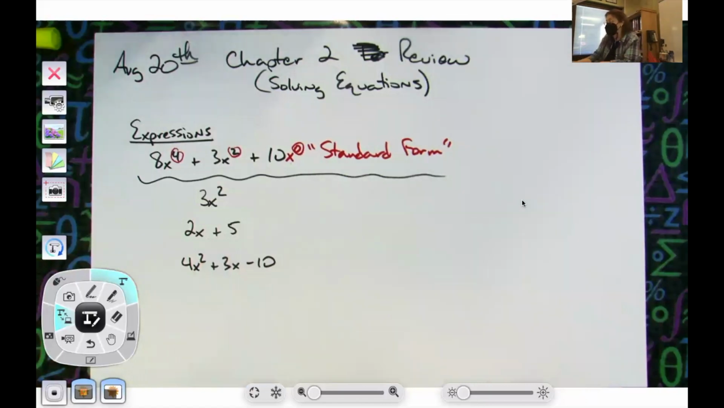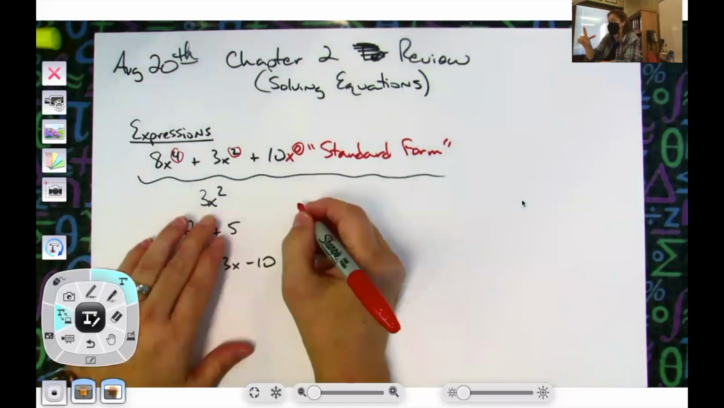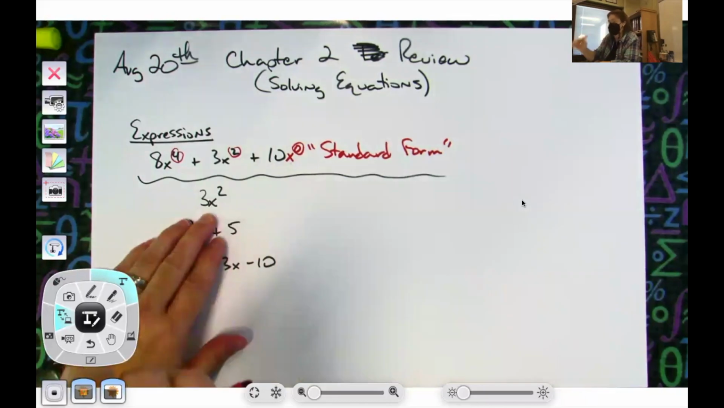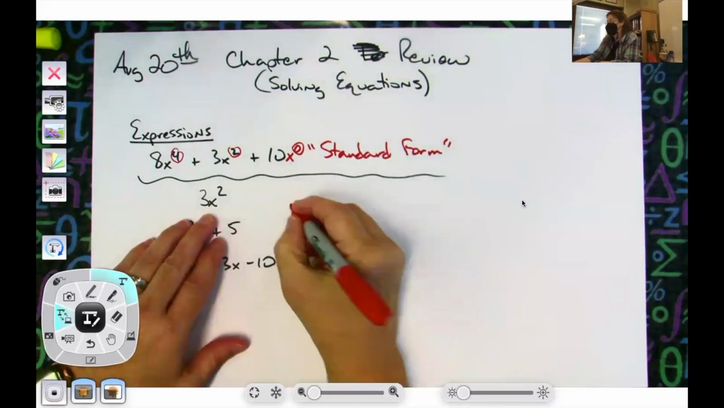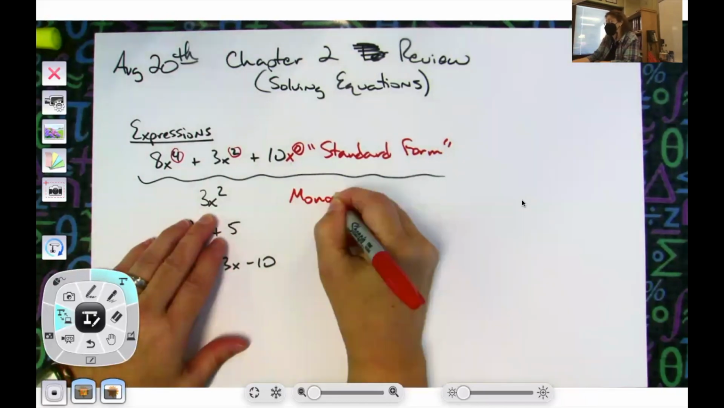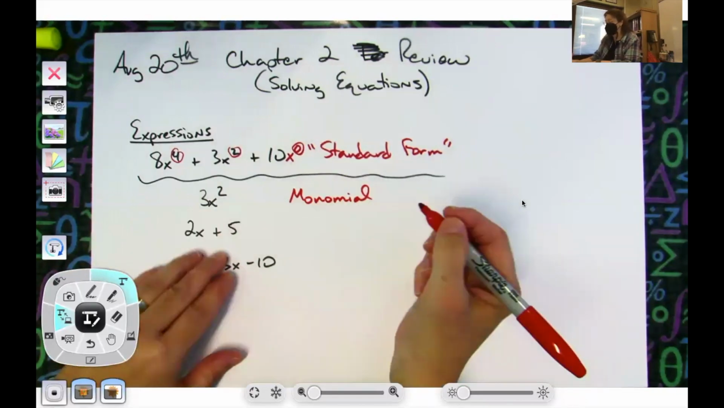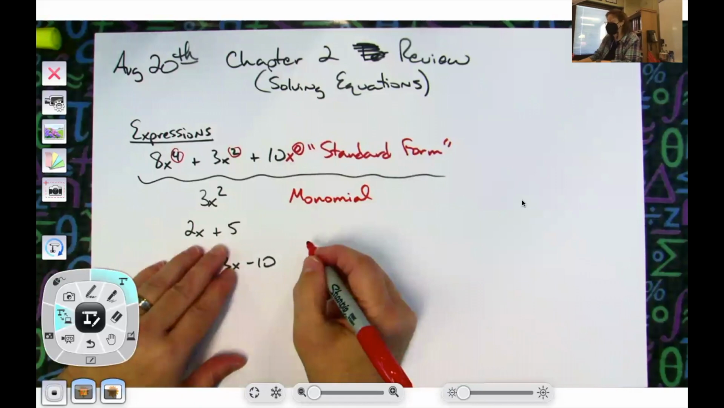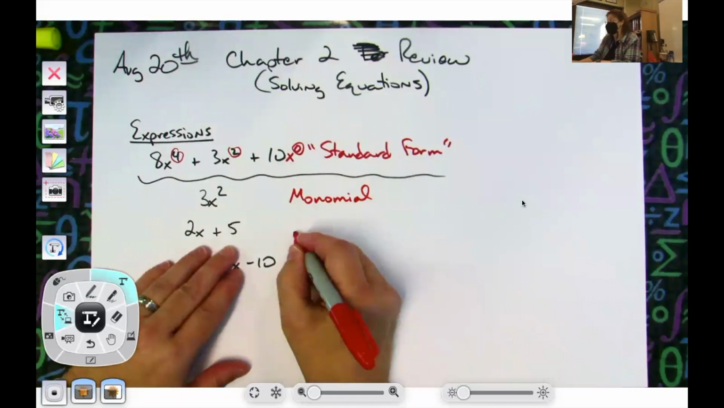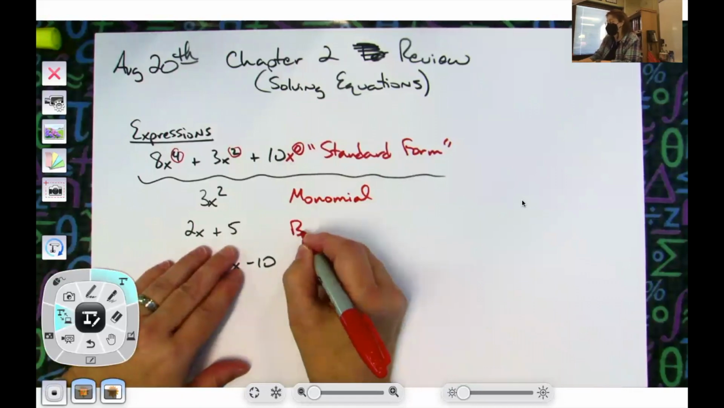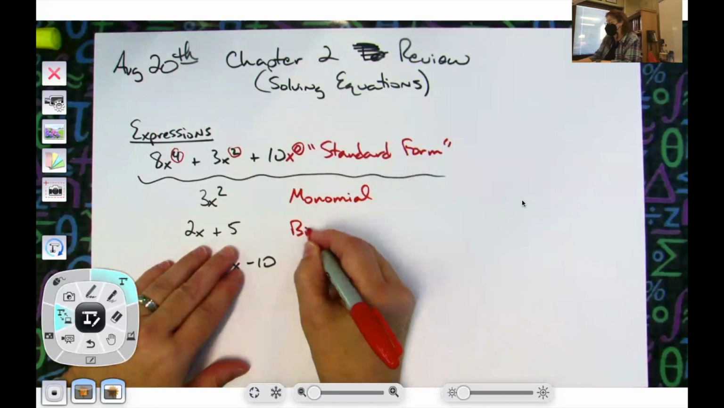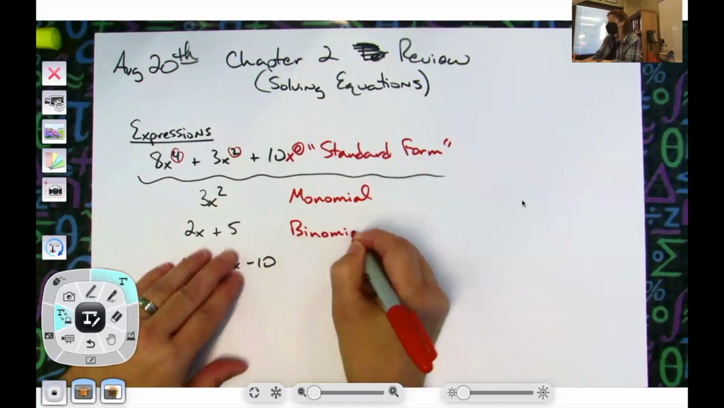This is one term, right? It's one term. So it's a monomial. Now, have you heard that word? Yeah. So it's just been a while since you've done it then. So 2 terms is a binomial. 3 terms is a